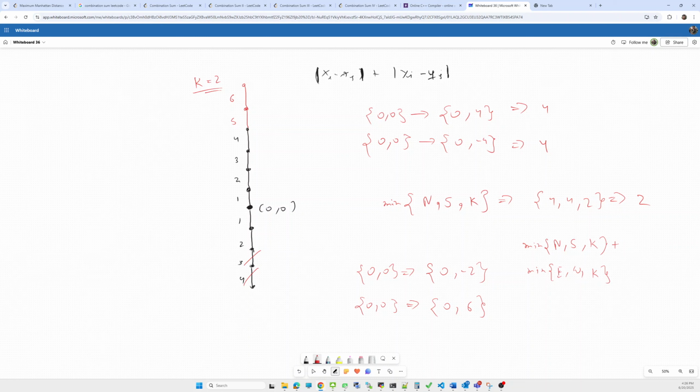Tell me, by what amount do we have to increase? We increase the size by 2 here. So how will we calculate 2? Let's think. What we have to do is update this. So this is our equation.